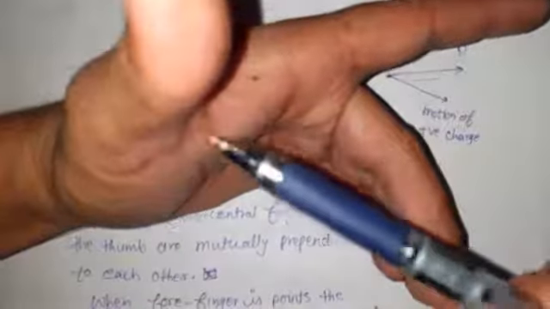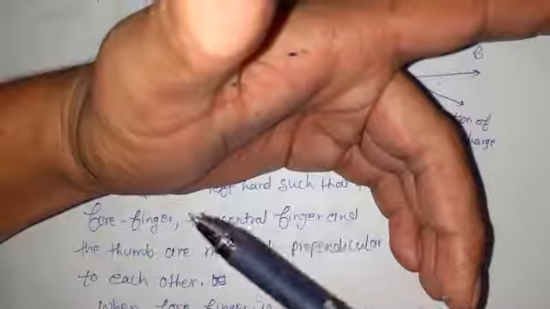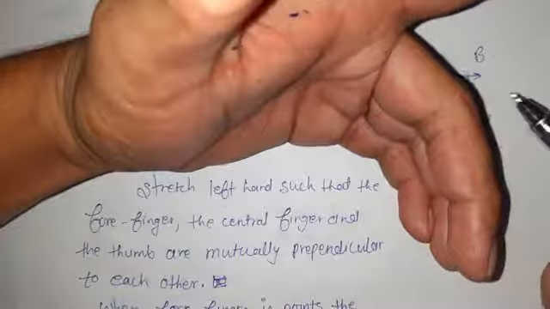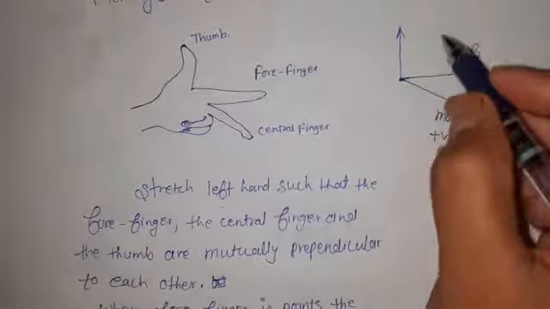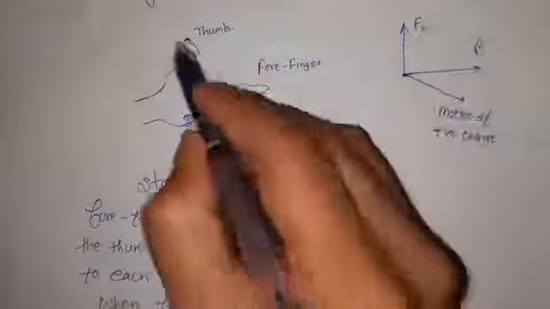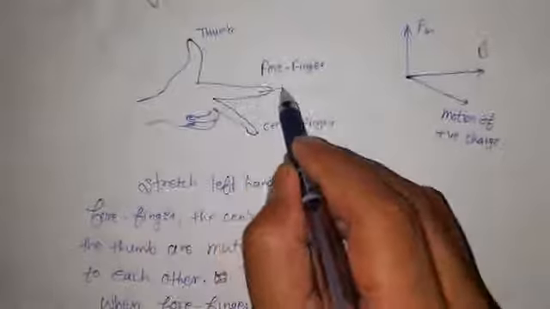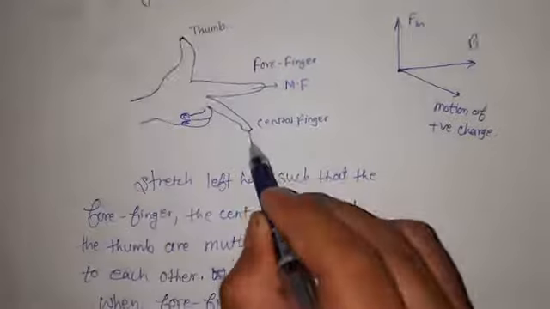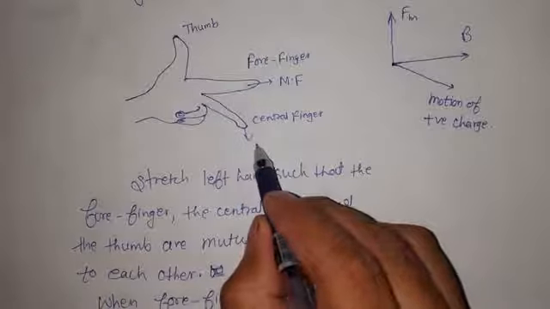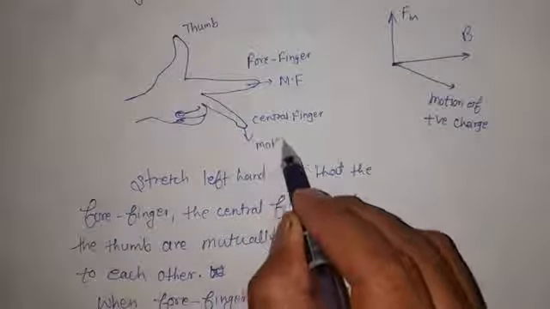Then the direction of the thumb will give us the direction of the force. So that means over here in this situation the direction of the force is upward. Just look over here, the thumb is right perpendicular to that paper. Therefore this force is perpendicularly upward. This is the magnetic force. So over here what does this forefinger represent? This forefinger is in the direction of magnetic field and this central finger should be in the direction of that motion of positive charge.